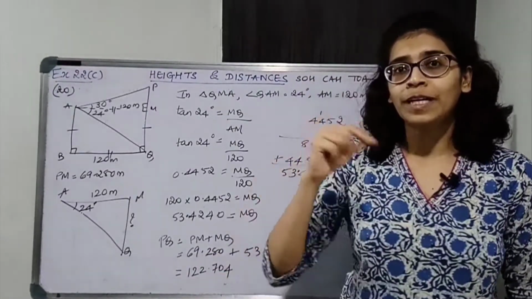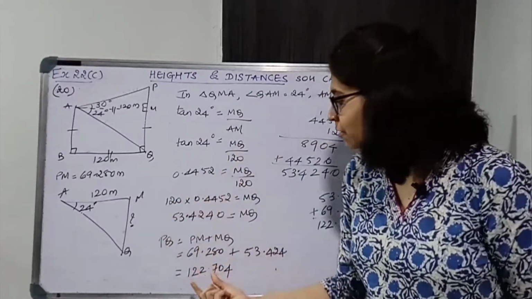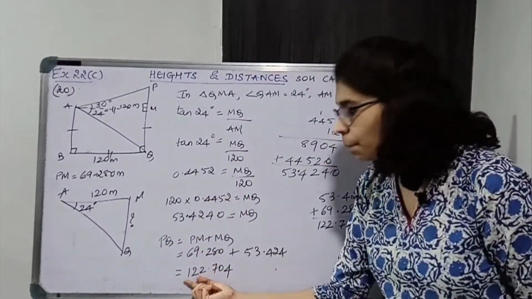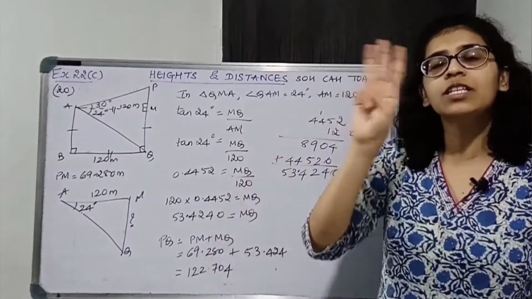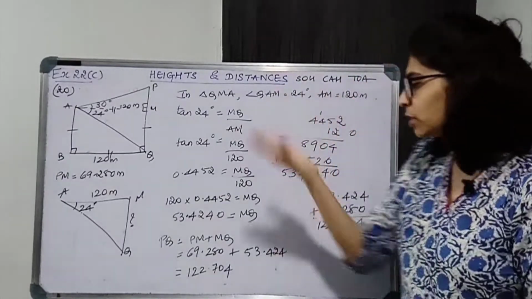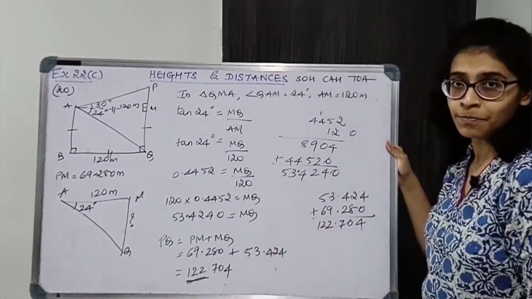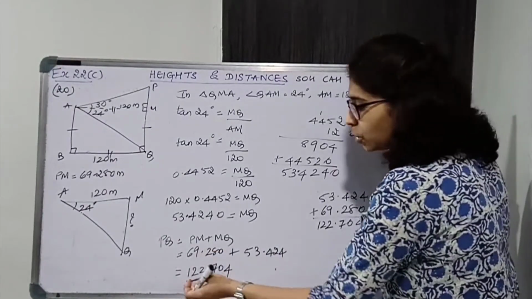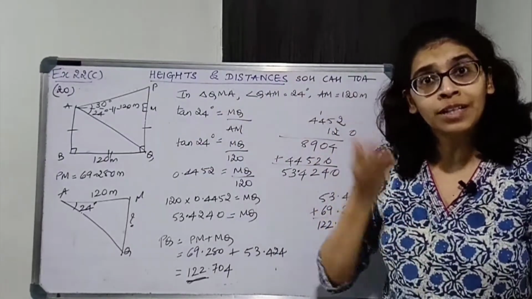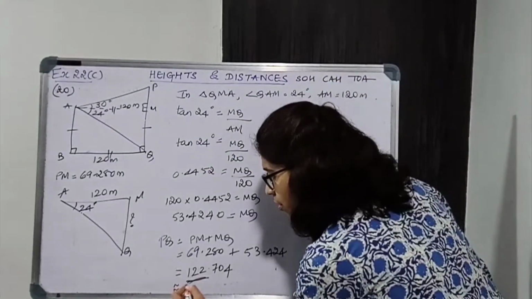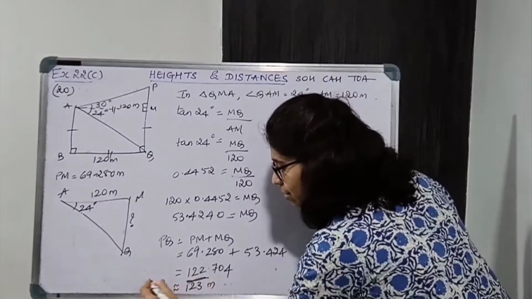122.704. You are told to find answer of 3 significant figures. Okay. So 3 significant figures का आंसर चाहिए. यहाँ पे लेफ्ट से हमेशा 3 सिग्निफिकेंट फिगर्स कंसिडर करो, ठीक है. 3 डिजिट्स का आंसर होना चाहिए. ओके, सो 3 डिजिट्स का आंसर, दिस इटसेल्फ इज 3 डिजिट्स, सो यू डोंट नीड डेसिमल पॉइंट. सो राउंड दिस ऑफ. 122.7 is closer to 122 or 123, it is closer to 123, so round this off. 123 हो जाएगा. So PQ is equal to 123 meters.